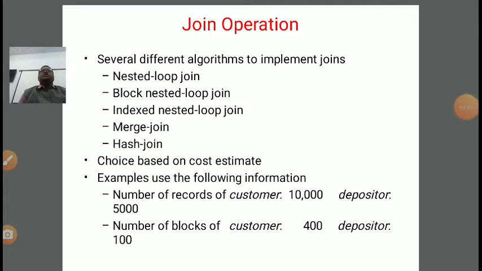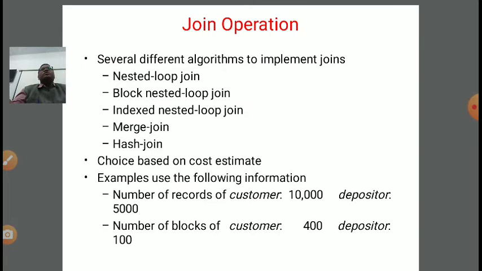So what is basically a join? Suppose I have two relations. One relation is named customer, having the attributes customer ID, customer name, customer address and customer phone number. I'm assuming that phone number is a single-valued attribute, not a multivalued attribute, and it has a single value for every customer. Now, the second relation is, suppose, account.